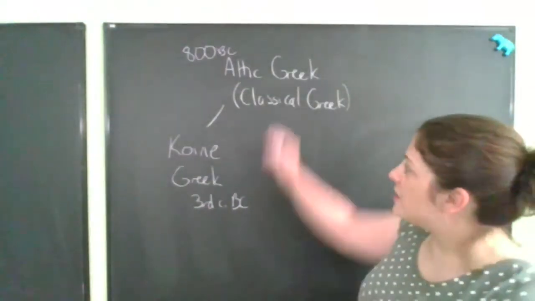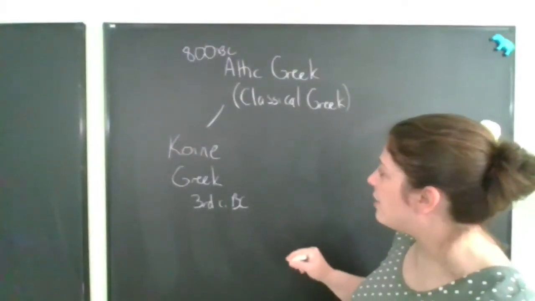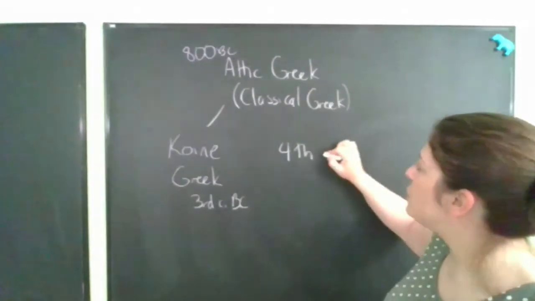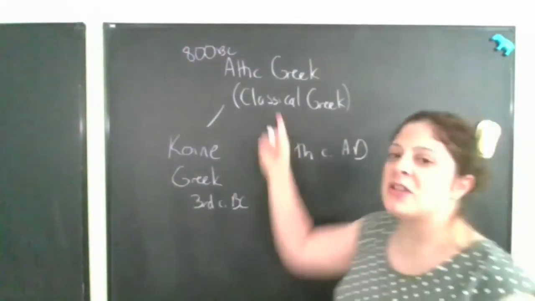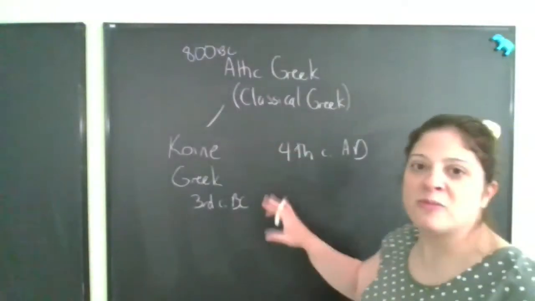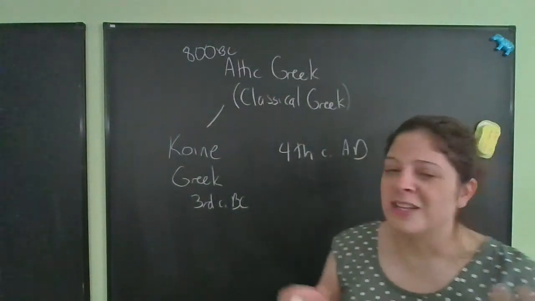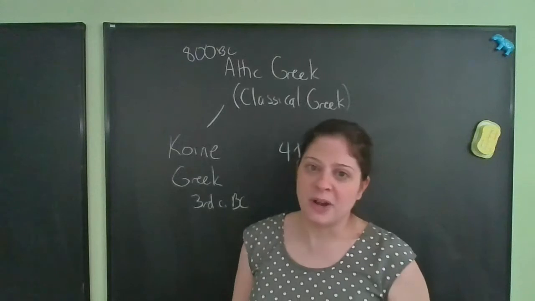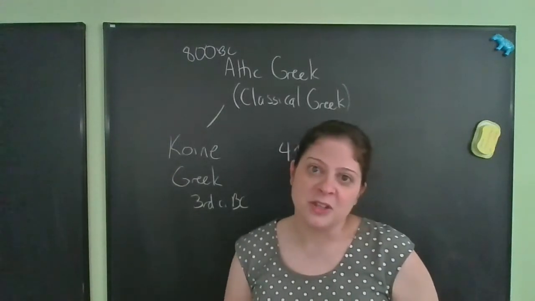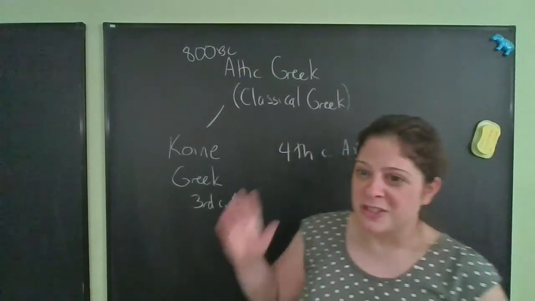Now, Attic Greek continues to exist and is used in other contexts, but Koine Greek is the one that sort of prevails. Both of them pretty much come to an end by the 4th century AD, but at that point, Classical Greek just dies out. Koine Greek transforms. It becomes medieval Greek, which is the Greek spoken in the Middle Ages in Greece and Turkey, where the Byzantine Empire existed. And then from there it becomes modern Greek eventually in the 1500s. So when we talk about taking words out of Greek, this is what we mean.